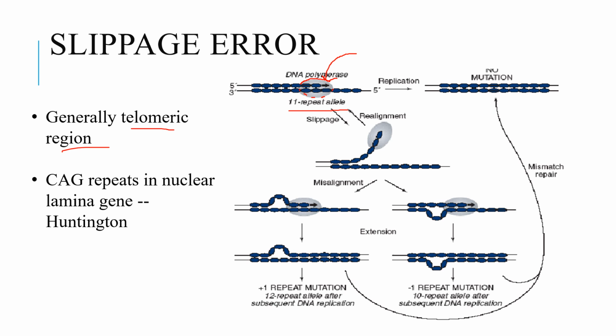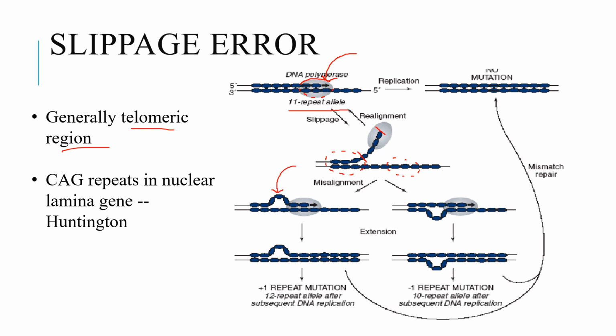So instead of loading here, if the DNA polymerase gets loaded here, you can see this extra piece of nucleotide or this extra piece of DNA has been polymerized, so it will lead to